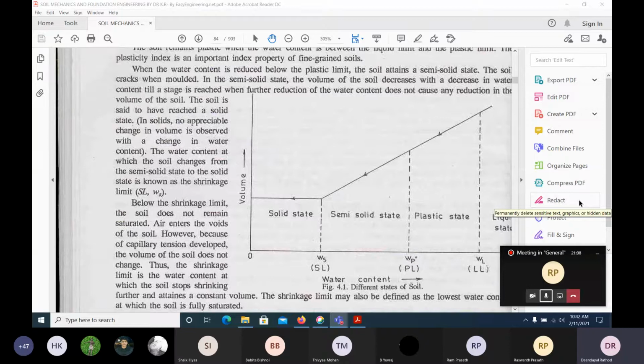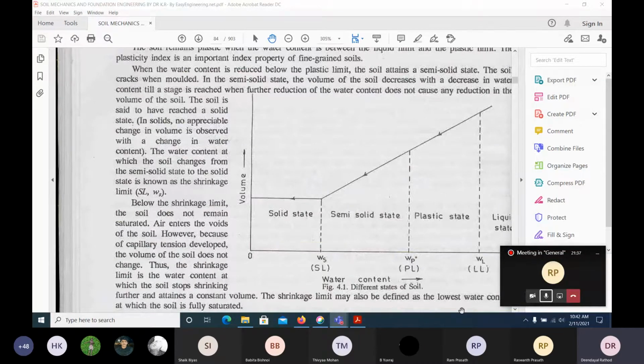Then what I will do is allow it to dry, or for the next sample I will make it with a little lesser water content. Then slowly I will keep on changing, or keep on reducing, the water content. Understand? Now this side is the liquid state. This is plastic, this is semi-solid, and this is solid. And this is the water content on the x-axis, and this is volume.